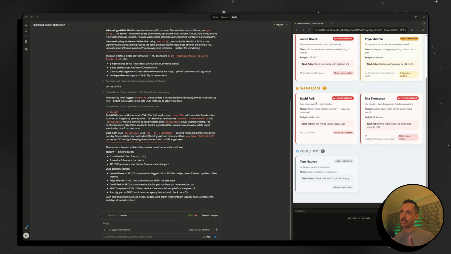But as you can see here, our vault provided information that we can build on top of. So that's really the benefit. This is the power of connecting Obsidian with Claude Code. This is an extension of webinar number 2. But this time around, we're just showing you how you could build apps on top of the data in your